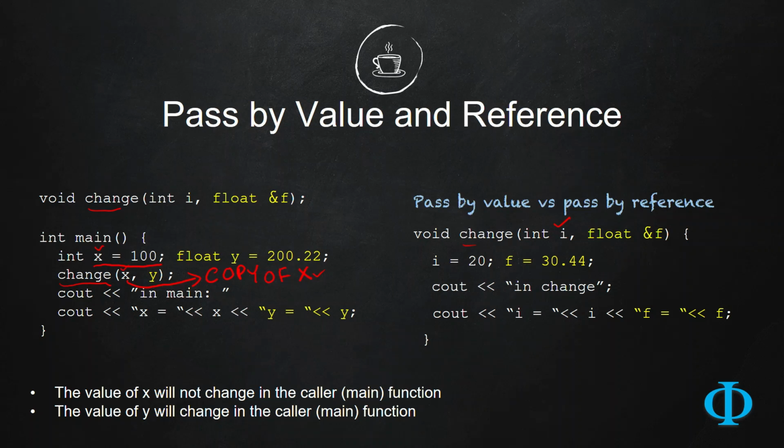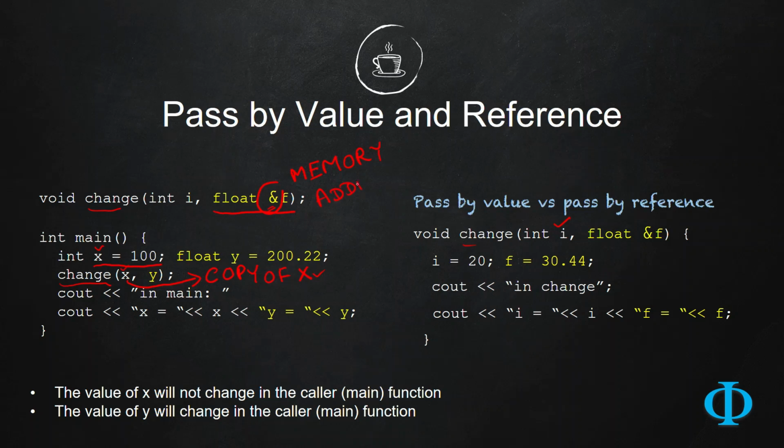For example, in this slide, see this float f and just observe this little ampersand over here. Whenever you precede the variable f with an ampersand like this, that means instead of passing the copy of f, you are basically passing the memory